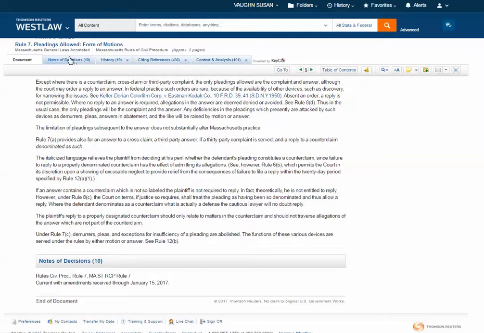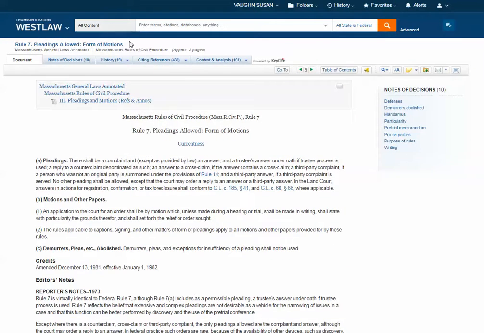And then just like when we're in the statute, we get how current the rules are, and we can see that they're current through amendments received January 15th, in this case. And again, similar to a statute, we have notes of decision. So those are the cases that have been picked by the editors as being most applicable for this rule. We can see the history of this rule, including a past version here, and also some notes by the editors